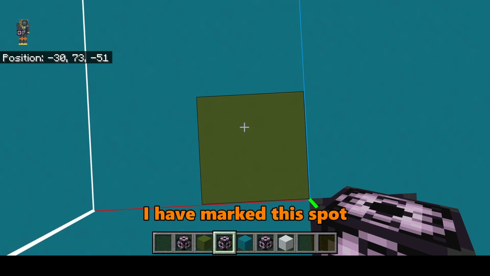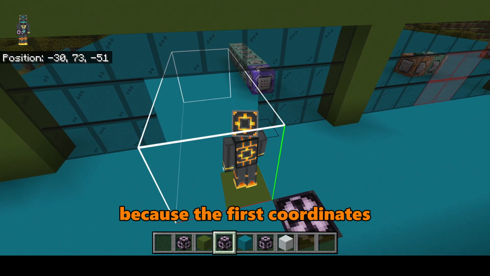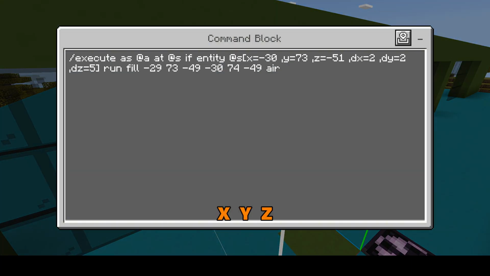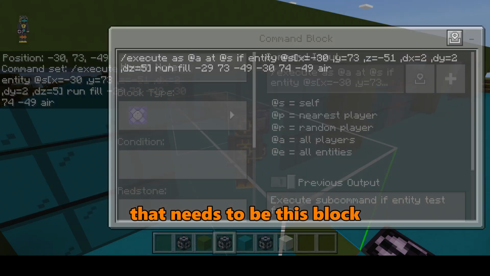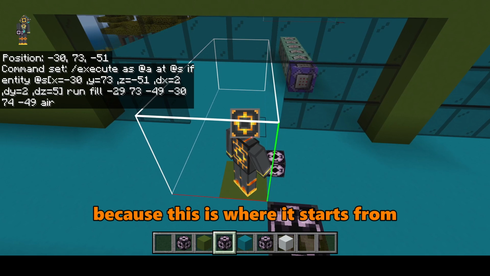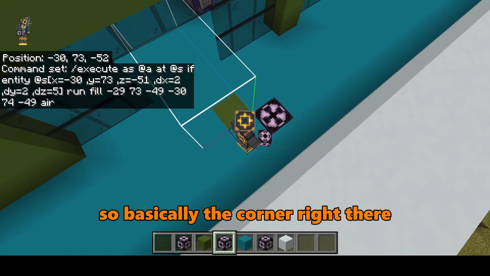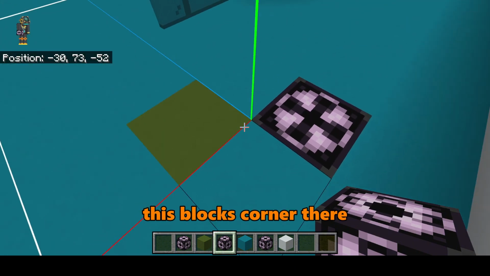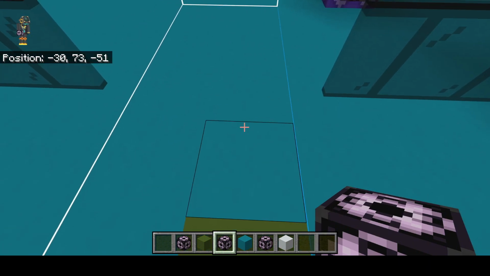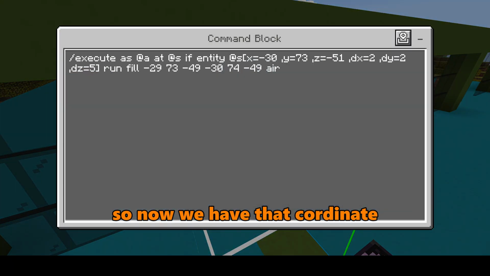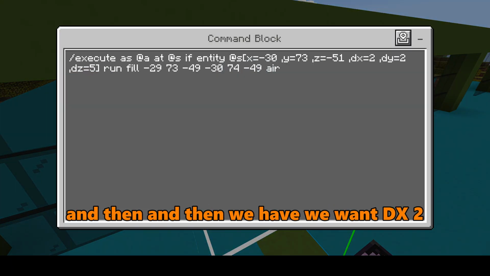I have marked this spot because the first coordinates, x, y, z, need to be this block because this is where it starts from. So basically the corner right there. This block's corner there. So now we have those coordinates, and then we want